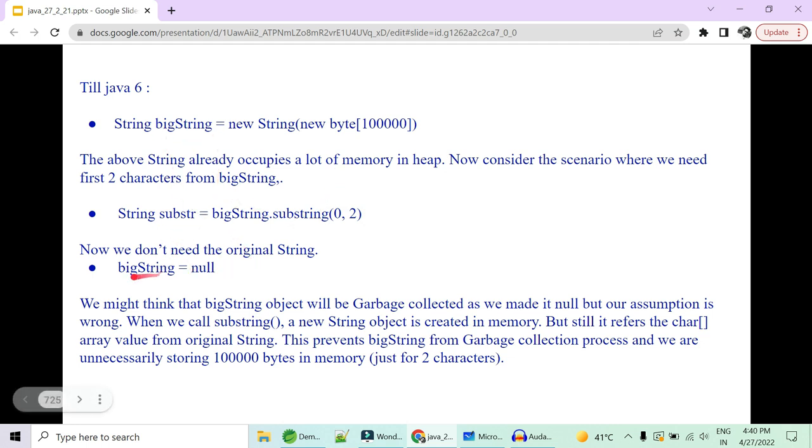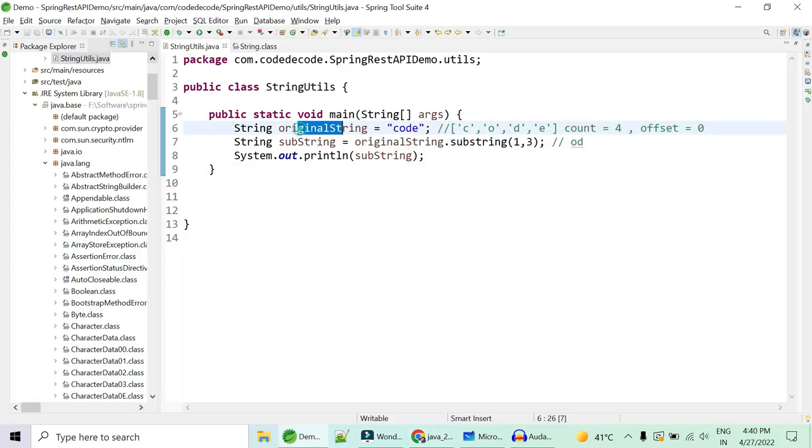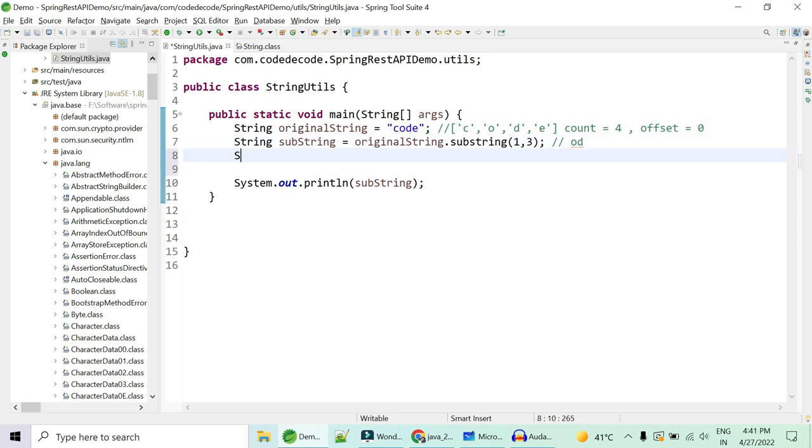And since we don't need it, we will make it null. Suppose this was a big string and you tried to get just 2 letters out of it. Now you want the original string to be garbage collected. So you think, let me make it null. I'll point the original string to null, and you think it will be garbage collected. Or if you have created it with new String("CODE"),